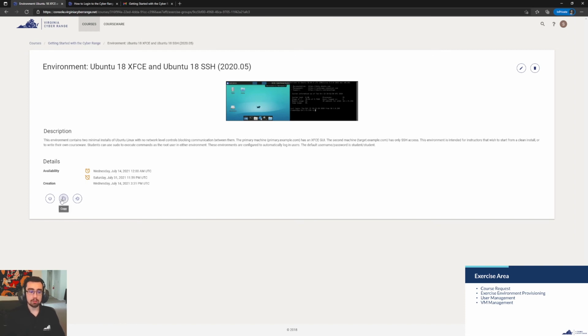And then you also have the option to make a copy of the virtual machine. This will basically take a screenshot, a snapshot of that one virtual machine that can be re-provisioned as a separate exercise environment. This will basically allow you to go into an environment, customize it the exact way you want it. Maybe you want to have some exercise files ready to go on that virtual machine. You can customize it, make a copy of it, and then re-provision it to the rest of your course. And Lee is going to be covering how that works exactly in his session for the more advanced topics within the exercise area. So definitely check that out.